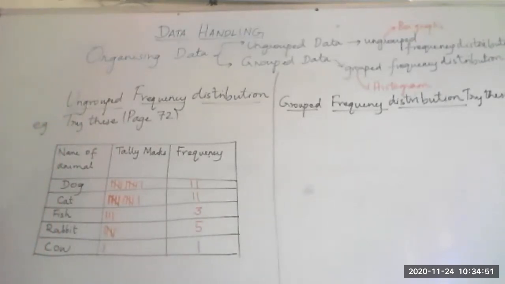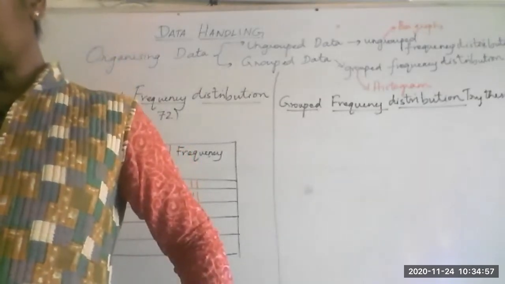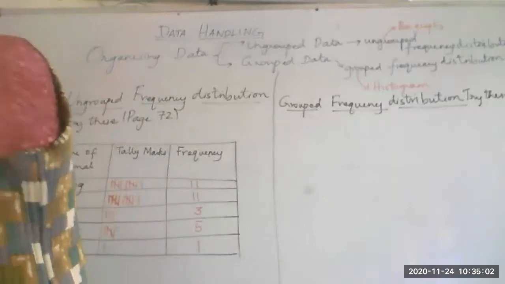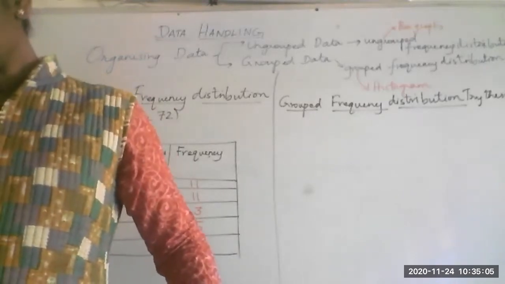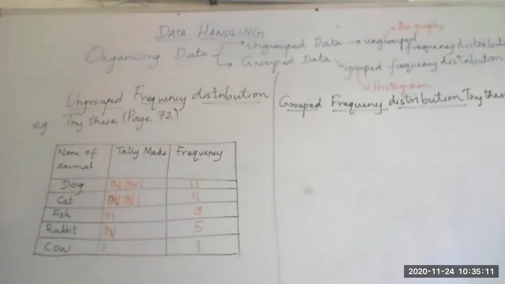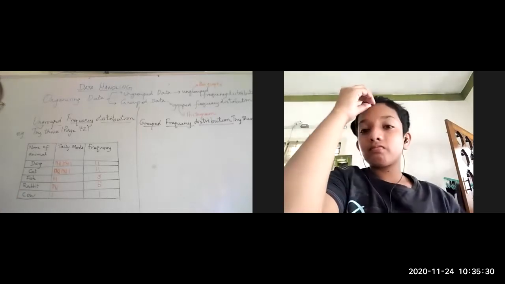So count how many animals have been quoted in the raw data. Count, let me see. Count and tell me. 31. Could you count? What is the number there? Ma'am, 28. Are we getting 28 here or are we getting more? Otherwise, we have skipped or repeated something. Are you getting the same as I have got the tally marks?